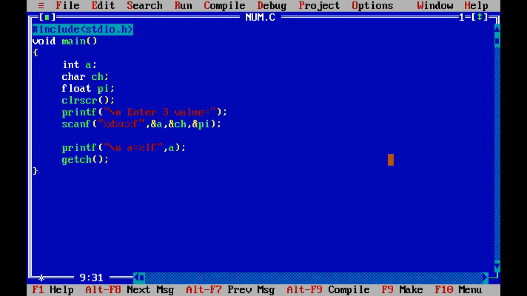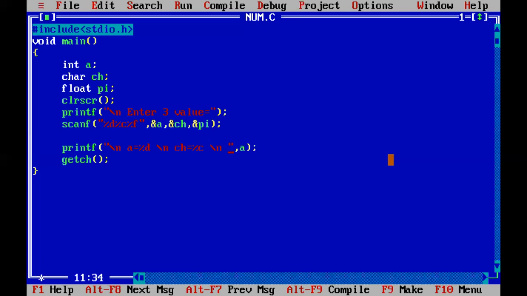Okay, and that value you can print on the screen also. So a is equal to %d, which is of integer type, and a is printed on the screen. After that you can use \n, means new line. Then the next variable we have to print is ch. So ch is equal to %c, means character value. Then next \n, again new line.